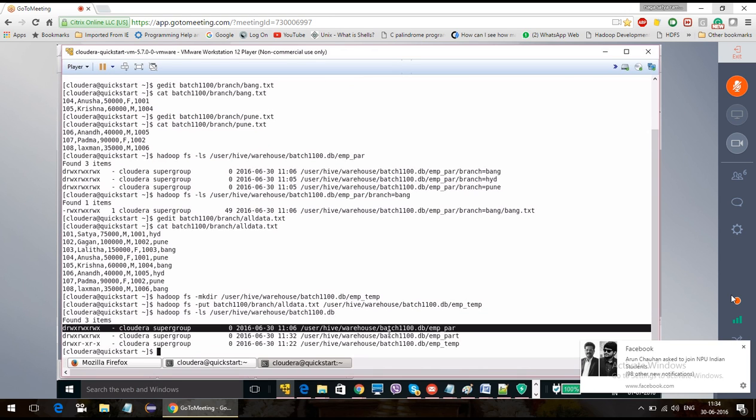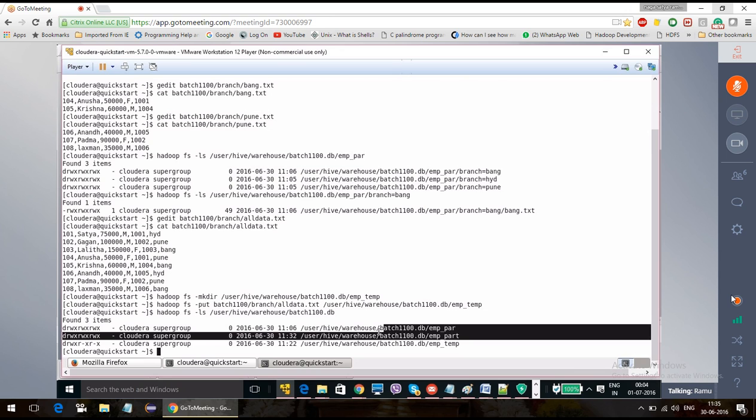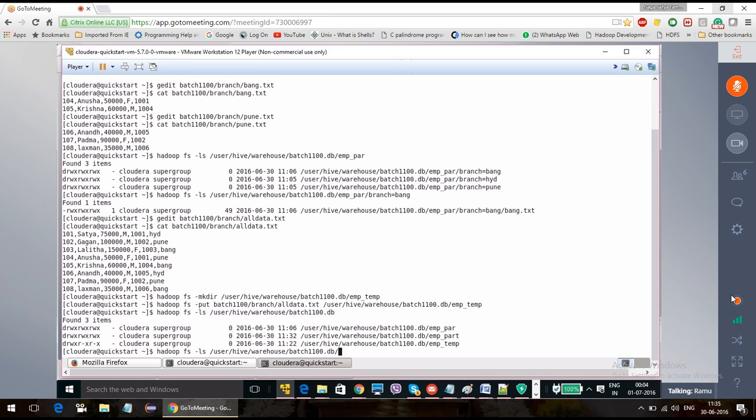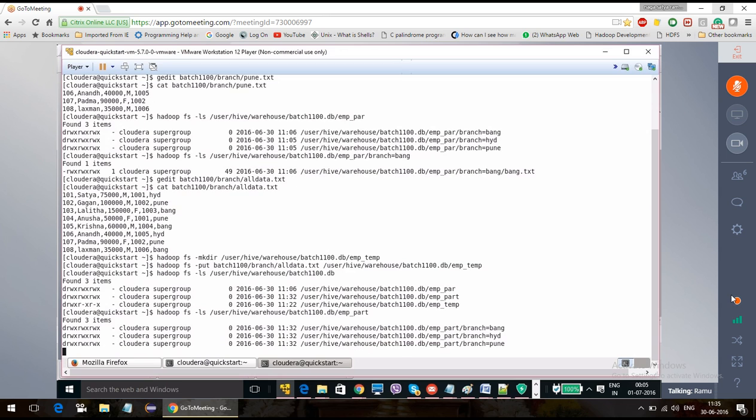But the data is going to be stored in a different way. Again, I'm going to open the branch equal to Hyderabad, branch equal to HYD.